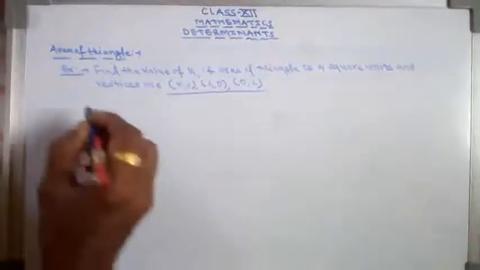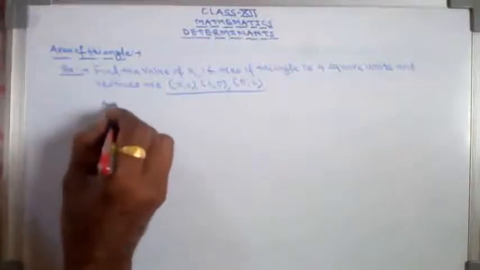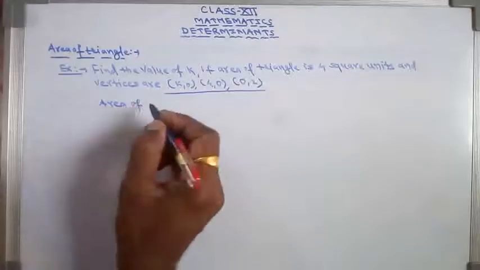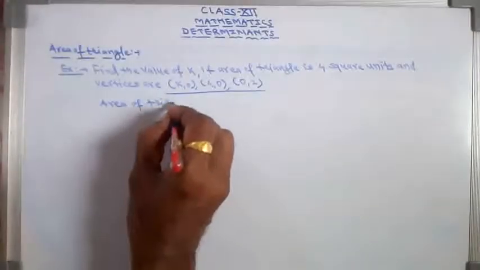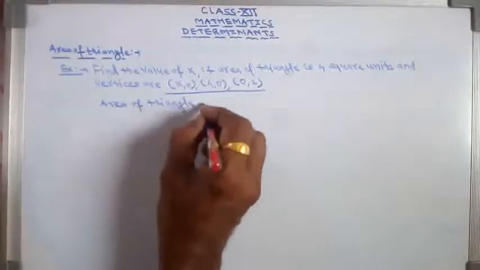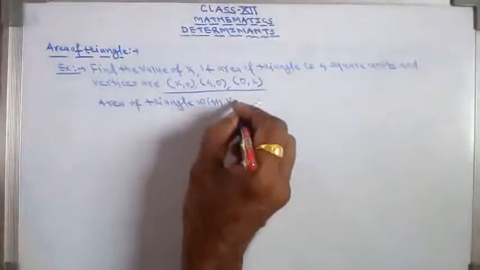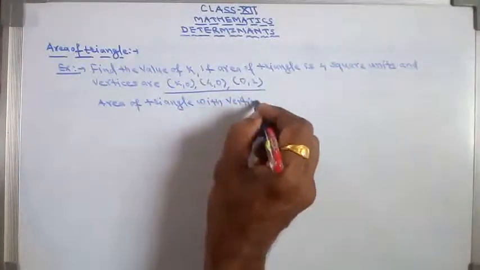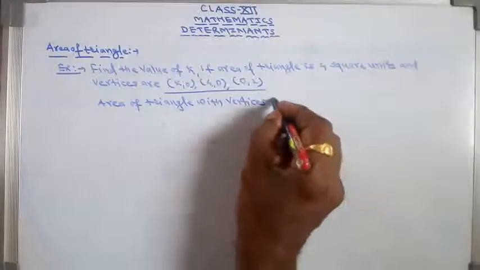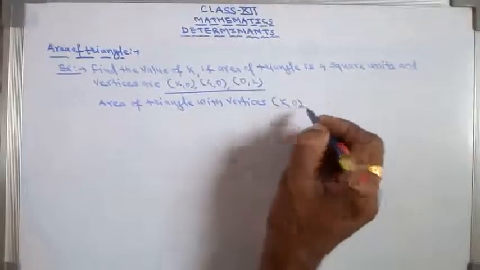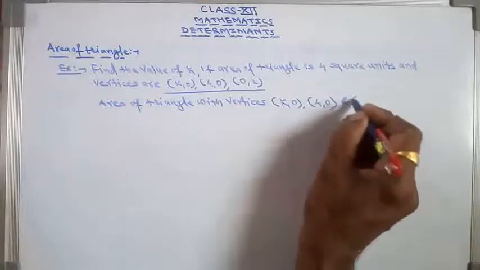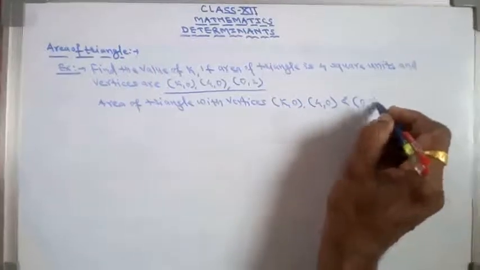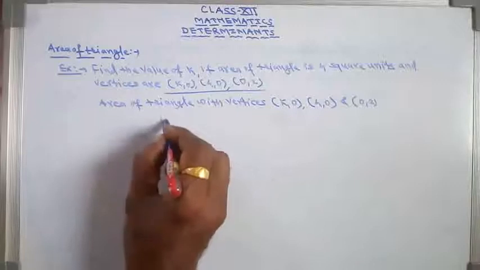So the area of the triangle with vertices (k, 0), (4, 0) and (0, 2) is given by